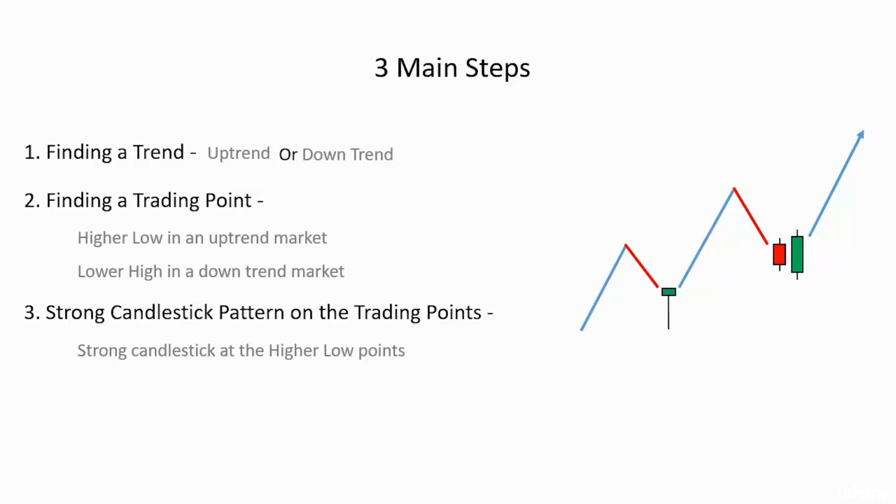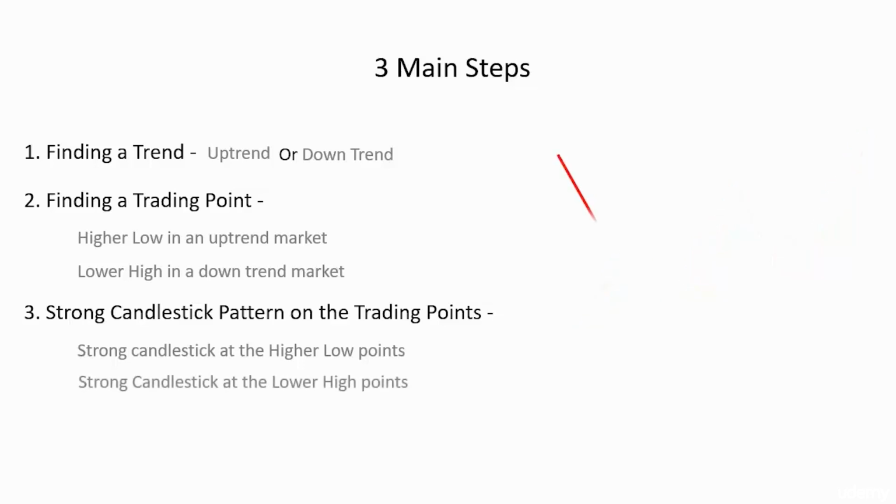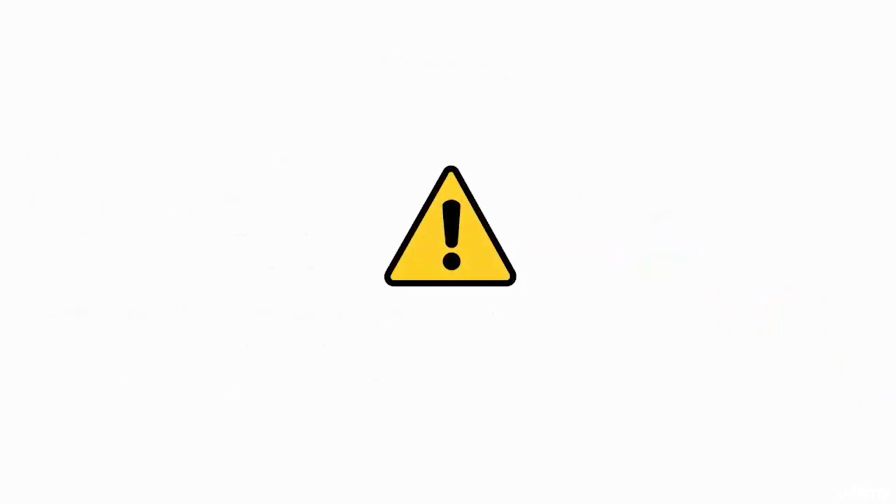upcoming bullish momentum. In the same way, search for a strong bearish candlestick pattern on the lower high point of a downtrend market. A strong bearish candlestick pattern on the lower high levels of a downtrend market indicates the end of the bullish momentum in that downtrend and predicts the upcoming bearish market momentum, which we intend to catch as early as possible. Now, before explaining the main steps, let me warn you about one thing first, which is very important,